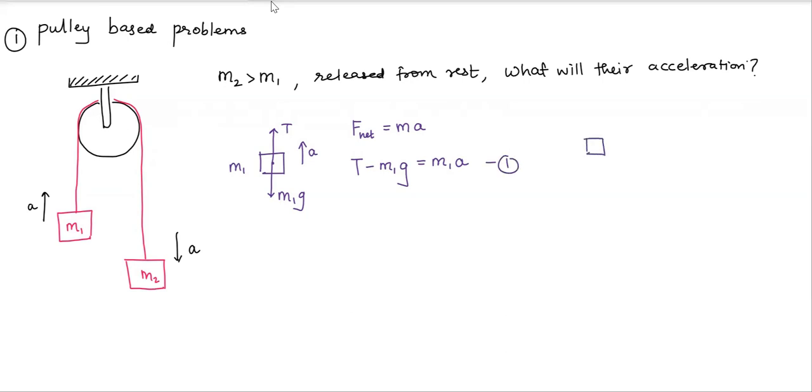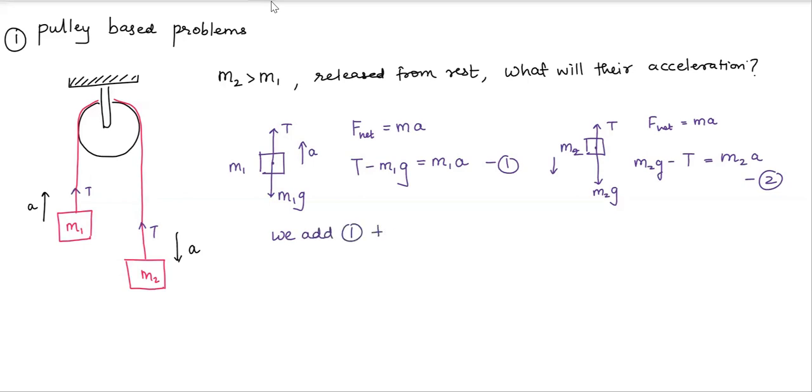Similarly, I can apply this for m2, which is accelerating downwards, so its weight must be greater than the upward tension. If I again apply Newton's second law, I get m2g minus the tension equals mass m2 times acceleration. You can see that the same tension acts here because the string is the same. Now you can see that in equations 1 and 2, if we add